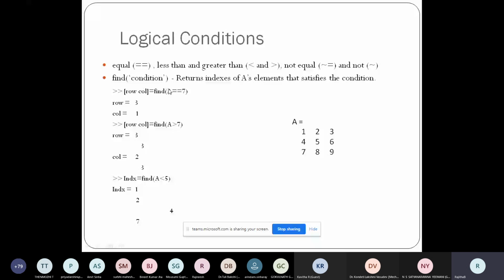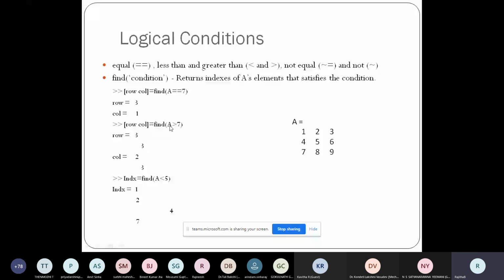Okay. Similarly, here there is one more condition. I just want to find out the values which are greater than 7 in this matrix. If I have to find them, you can simply write a condition, or use the function which you have in MATLAB, saying find of A greater than 7.